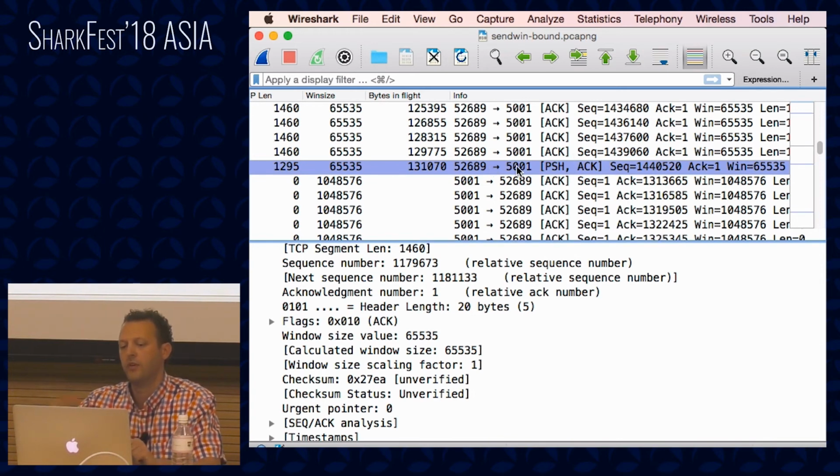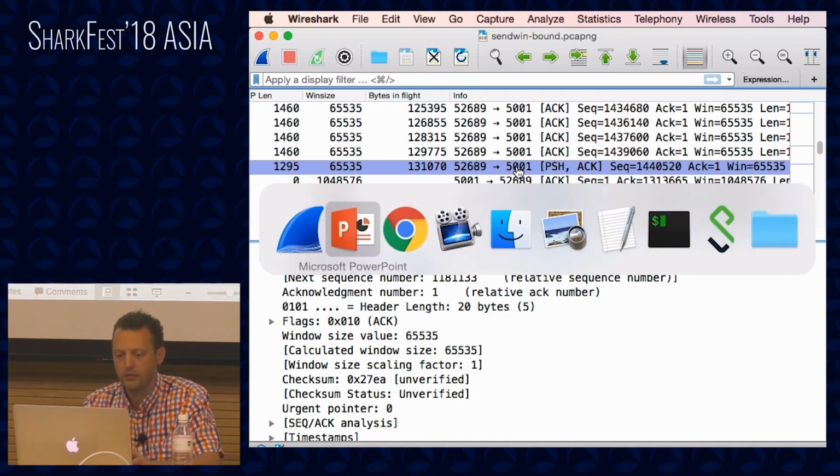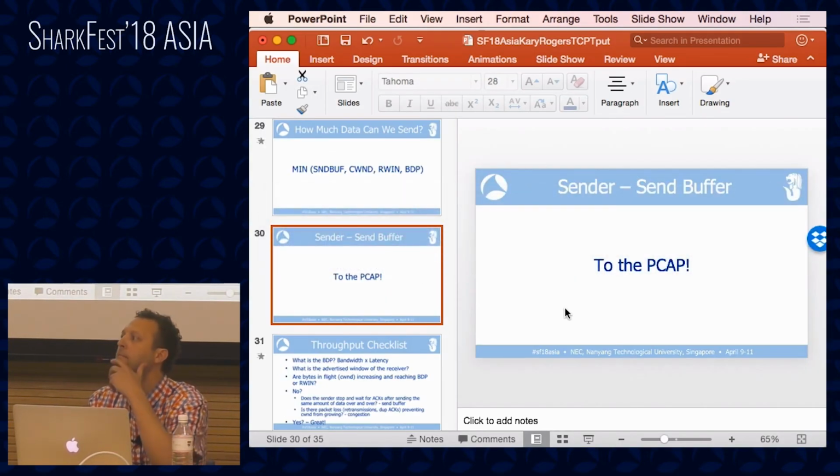It will fill the window and drastically increase your performance. So, question, sorry, why didn't it start sending stuff as soon as it started receiving some of the ACKs? That's a good question. That's different from the one we saw before. In this particular case, it seemed to be